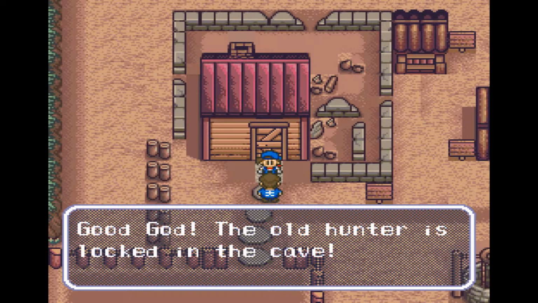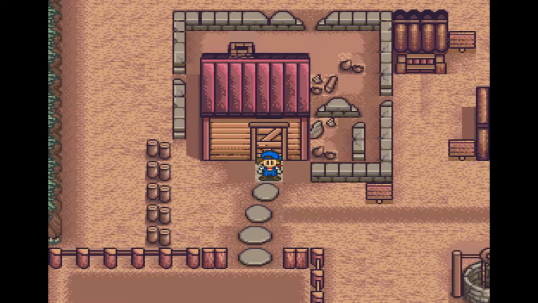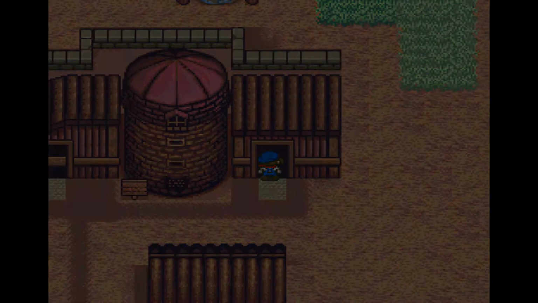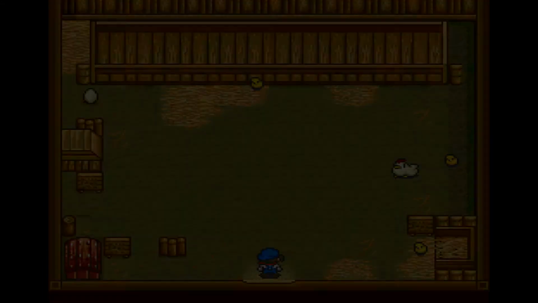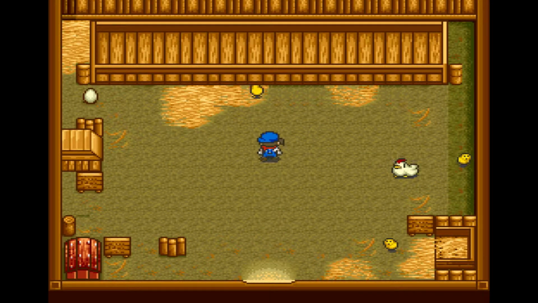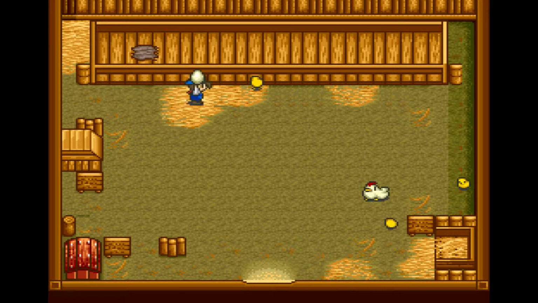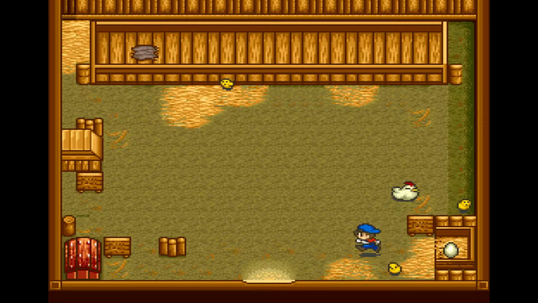The old hunter is locked in the cave. Yes, and that's my subtle cue that I probably ought to do something about it. But first, just so you know, when you get one of these events, once you take care of that event, a little problem occurs in that as soon as it's over with, you're too exhausted, and you immediately go home and go to bed. So we need to finish our chores